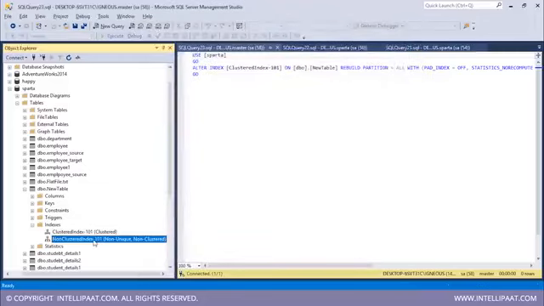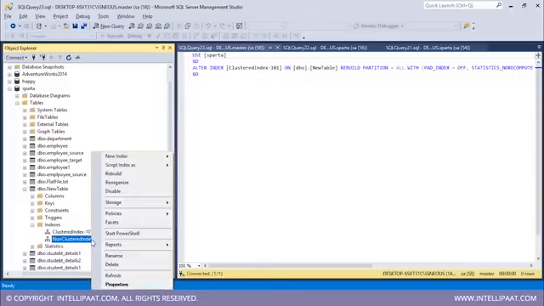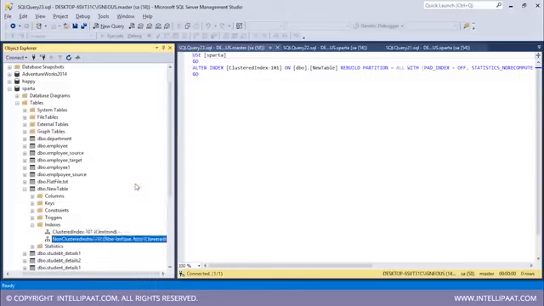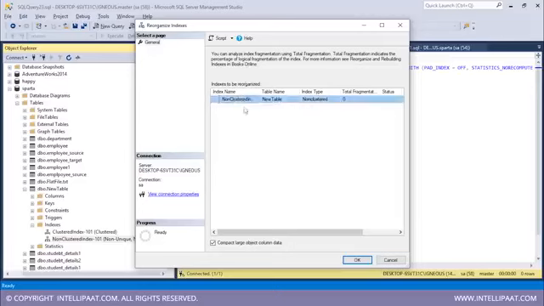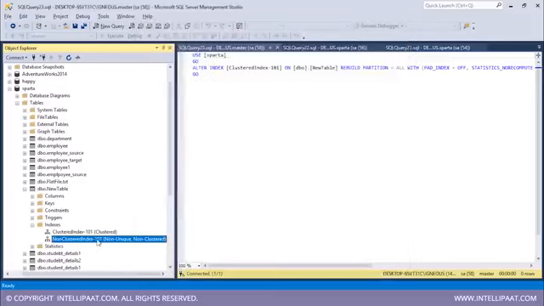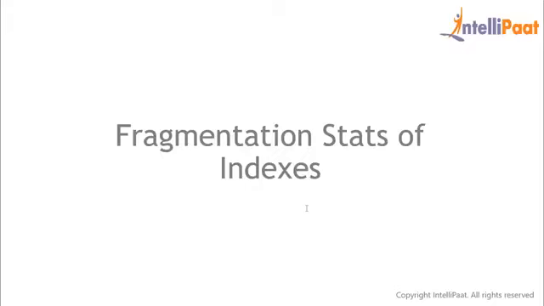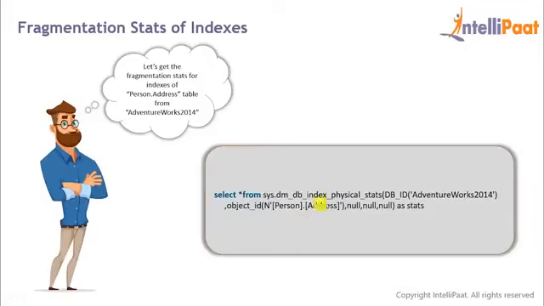Now I want to reorganize this non-clustered index. So this time I will right click on this, select reorganize, and again select this and click on OK. So this time I have successfully reorganized this non-clustered index. Now let's see how we can get the fragmentation stats of indexes. So we can use this dynamic management function